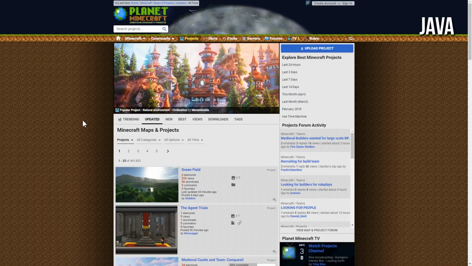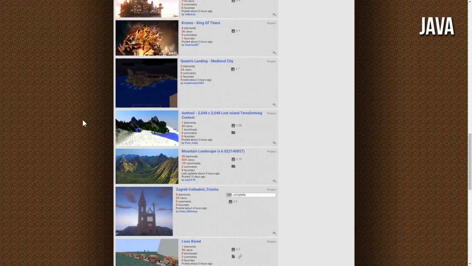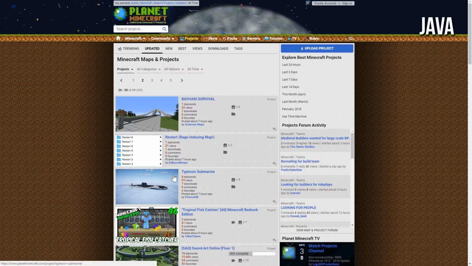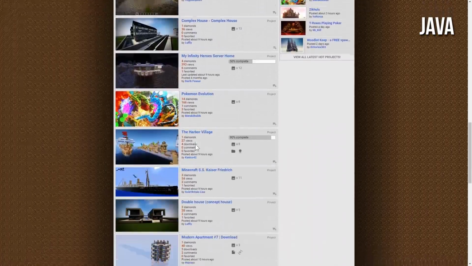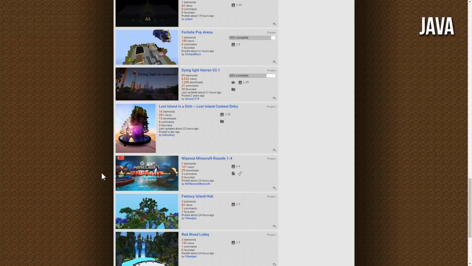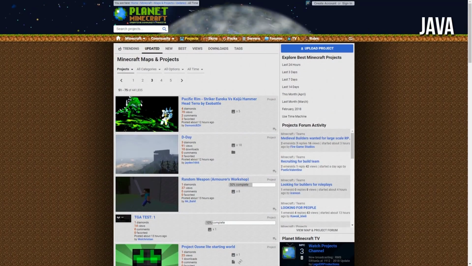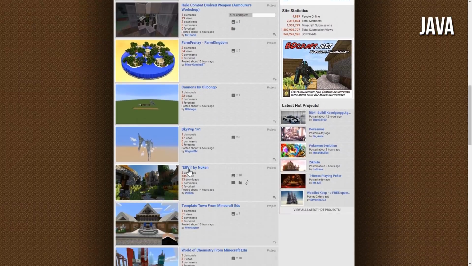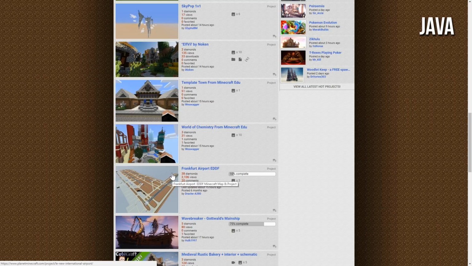But of course, what is available on the Java edition is many, many maps, resource packs, and community-driven things that are completely free. This is Planet Minecraft. It's just one of the many resources out there where you can download tons of content absolutely for free. Now, this isn't something that is as well monitored as what is built into the Minecraft Marketplace, because the Minecraft Marketplace is curated by Mojang, the creators of Minecraft themselves. And sometimes in order to download these types of things, you have to jump through a lot of hoops, through a lot of ads, and it can also be scary if you're just sending your kids loose to start downloading